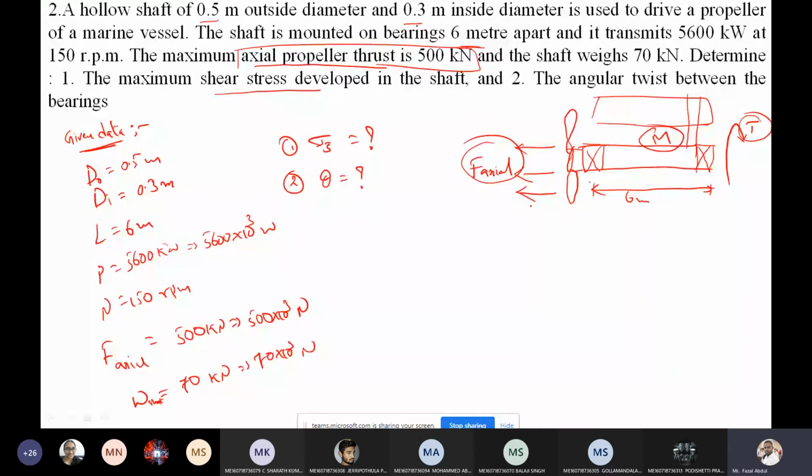So in this fourth category, which equation do we need to select again? See the question here. What is it asking? Maximum shear stress is how much? It means as per the shear stress theory, we need to select. As per shear stress theory, we can solve the problem. Okay. So what is the shear stress theory?